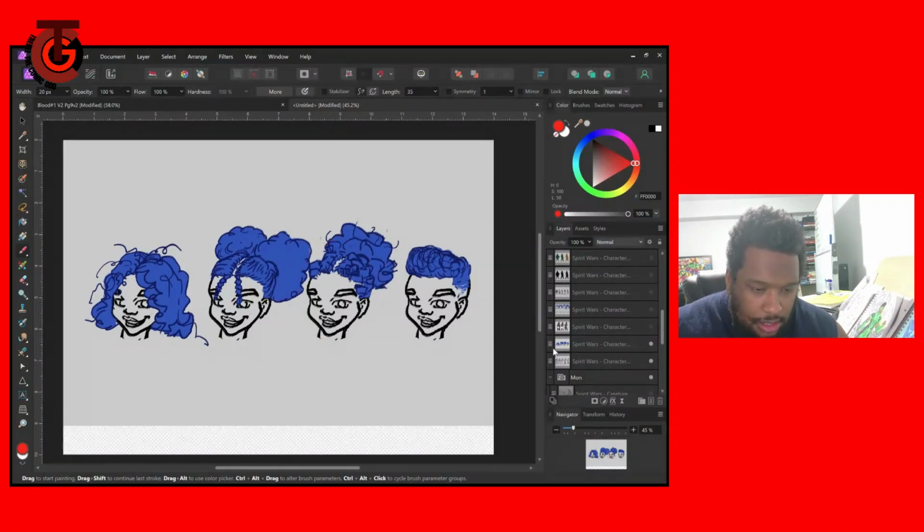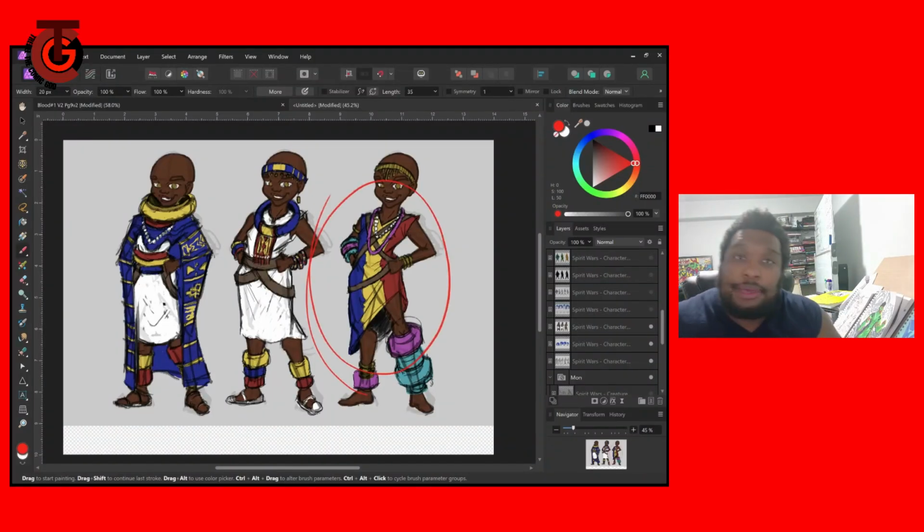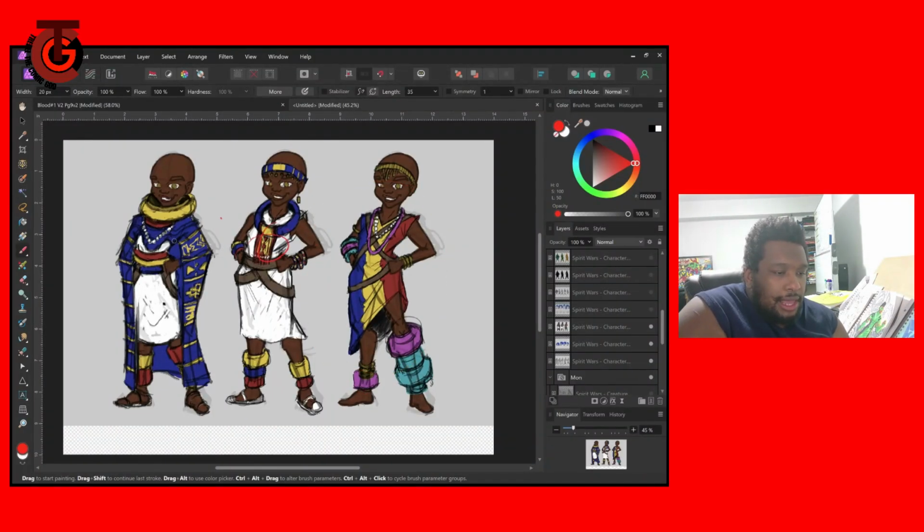But then I take the 3 I like best and I color them. Same thing like I did with the other thing. I just lasso tool color them. Because this is designing for a video game, I'm able to get a little more intricate. I usually like to keep it really simple when it comes to comics. Probably this one I'd be okay with using in a comic, but the other 2, designs like that,